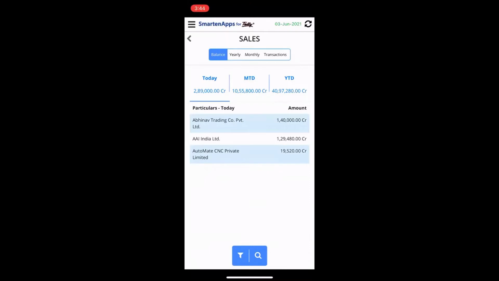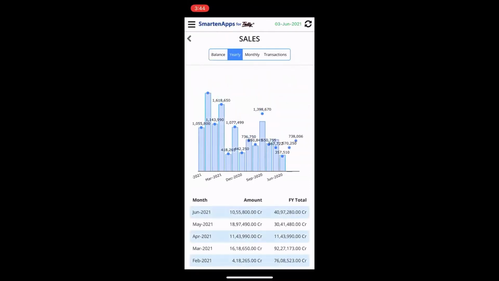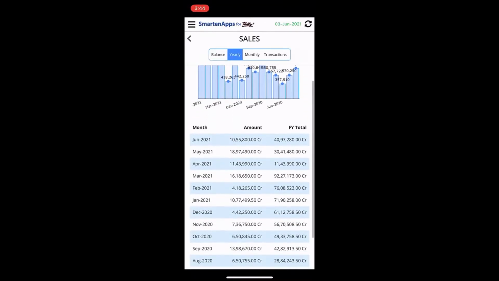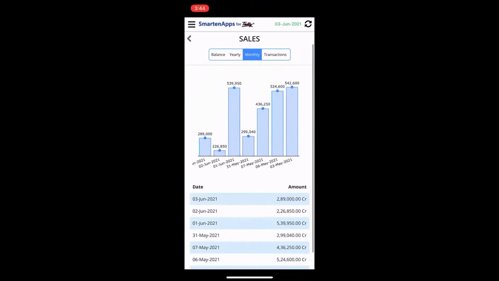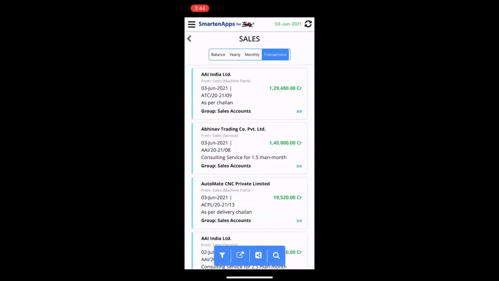If I click on yearly view, I can see the month-wise trend of sales for the last 12 months. And it's a financial year total, so you are getting that as well. You can look at the daily sales if you go into the month tab, and you have access to the detailed transactions as well.